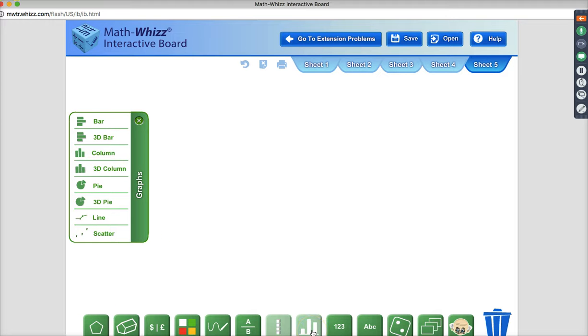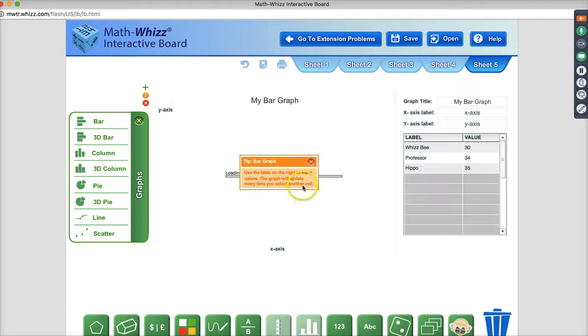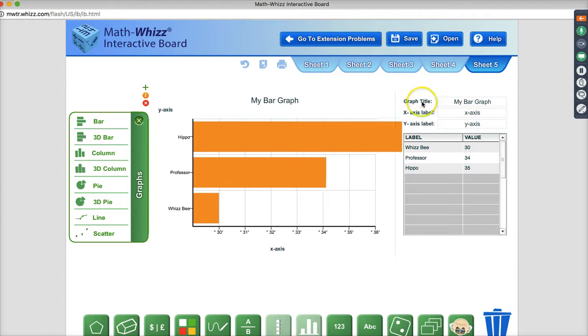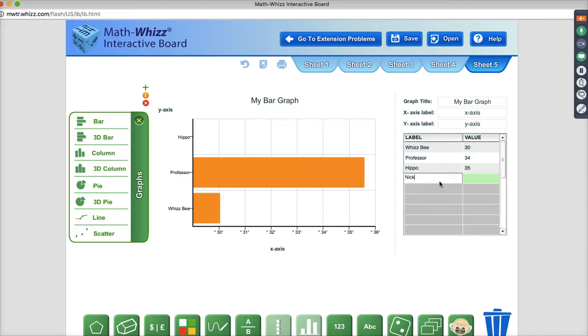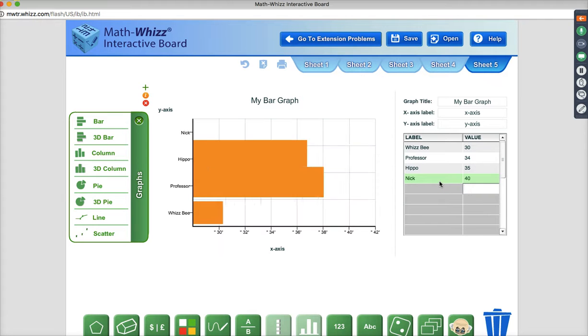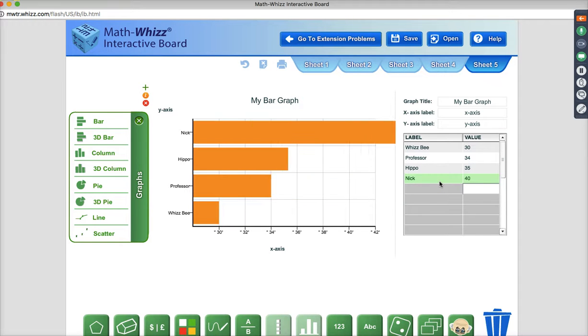The graphs. So these are all interactive as well. We have the different types of graphs that we offer. But if you have a set of data that you want the kids to plot, they can just come in here. They have to name their graph, they have to title it. Maybe it's the school trip, time, distance, and then you can put in whatever values you want. Just for an example, you can see that the graph will then start to populate the data that we put into our little table. Okay. And again, that works as scatter, line, and pie charts.